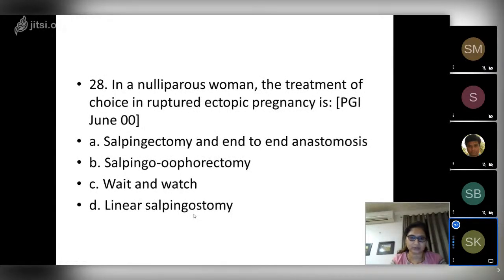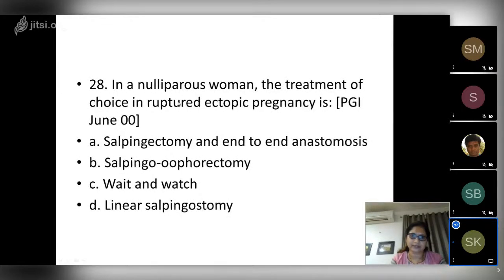Linear means you take a nice incision on the tube, open up the tube and drain out the ectopic tissue and then close it back. That is actually salpingostomy, linear salpingostomy. But in this case, remember they've asked in a ruptured ectopic, and linear salpingostomy is not a procedure you could do there. So the answer is actually A, that is salpingectomy, and end-to-end anastomosis can be tried for a